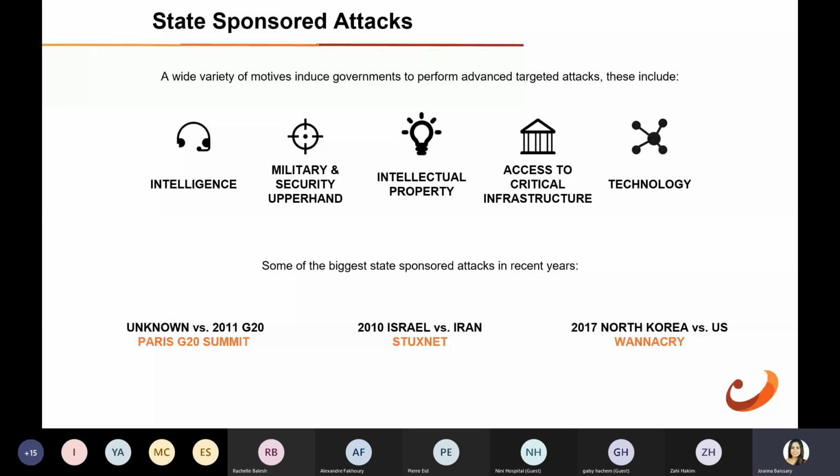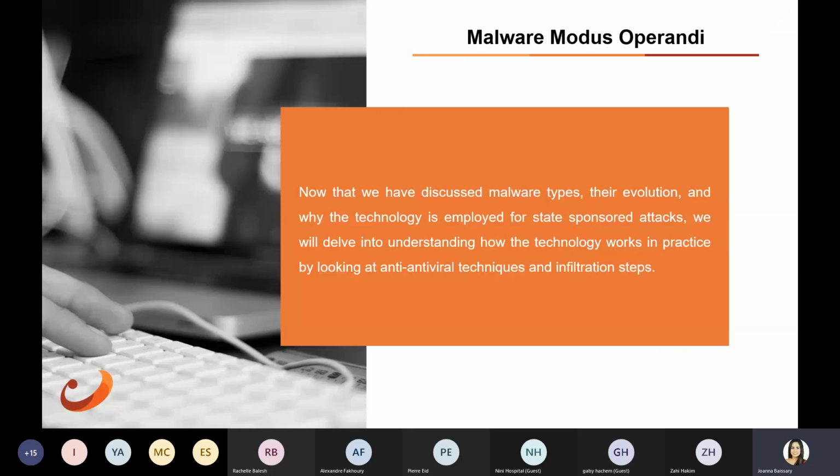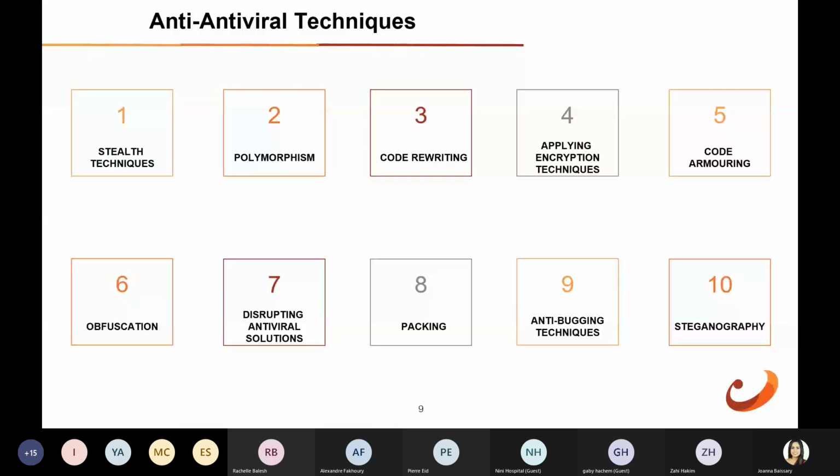Now that we have discussed the malware types, their evolution, and why the technology is employed for state-sponsored attacks, we will delve into understanding how the technology works in practice by looking at antiviral techniques and infiltration steps. Malware authors usually use several techniques to hide themselves. Some of these techniques include